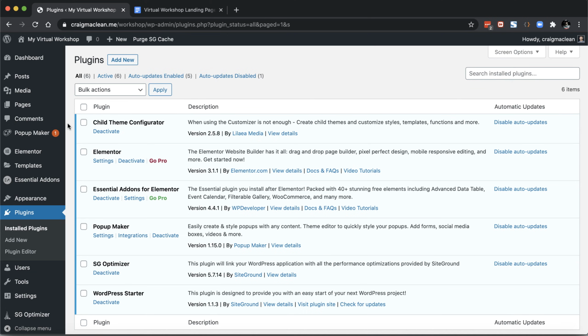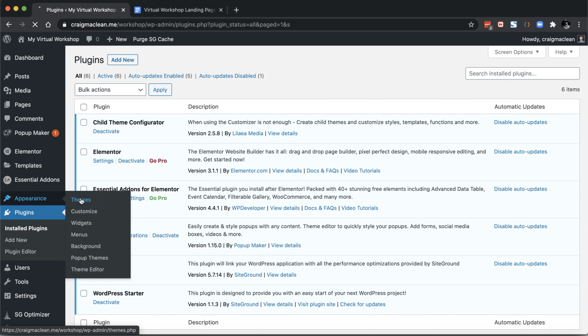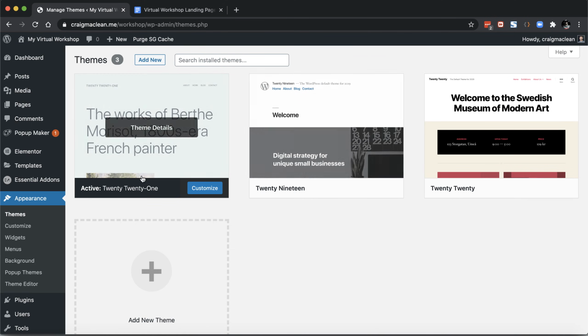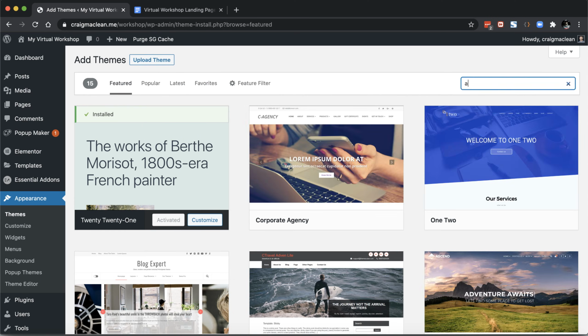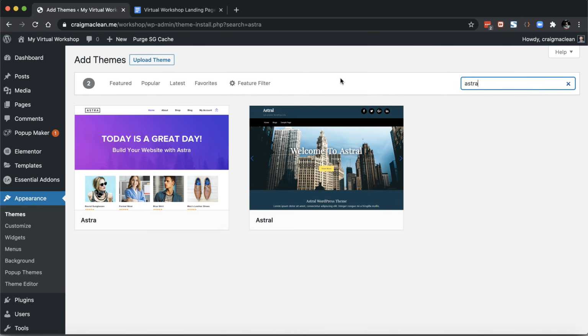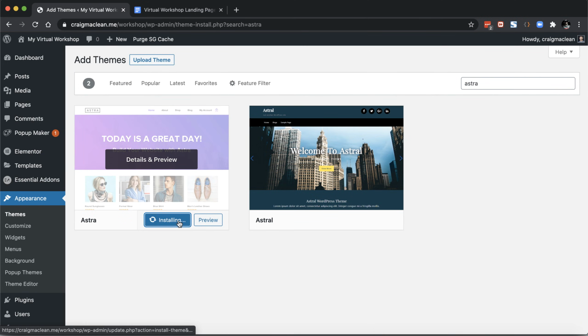So we've got that done. Next thing we're going to do is move on to our themes, and we're going to choose Appearance, Themes. And you'll see that this is the current theme here, 2021. We're going to choose a nicer one. We're going to choose Add New, and we're going to search for Astra. And I'm going to choose Install